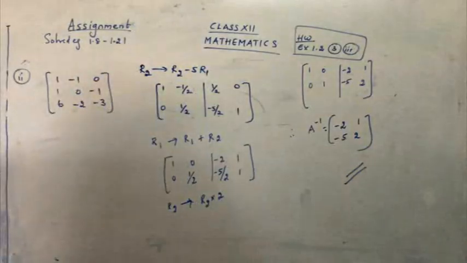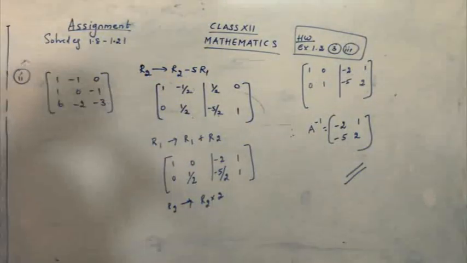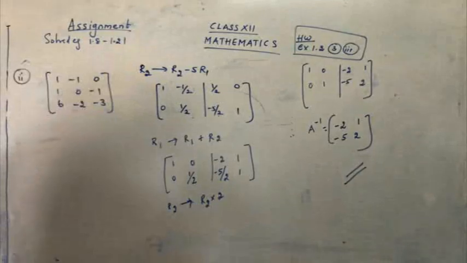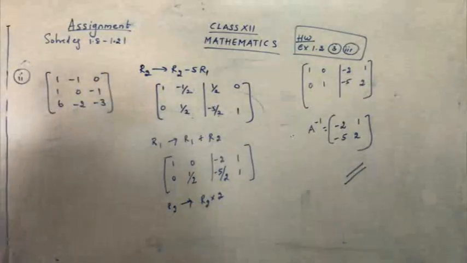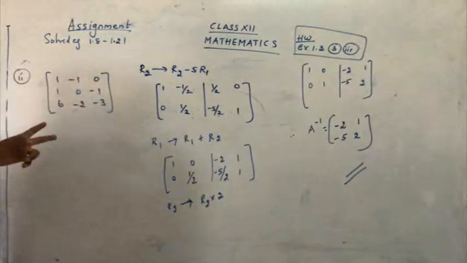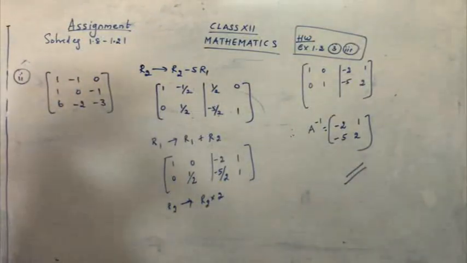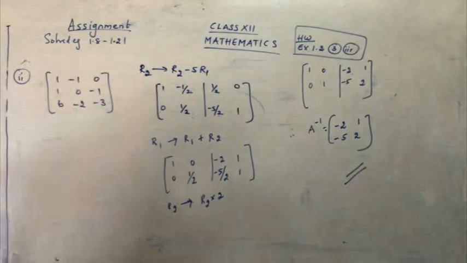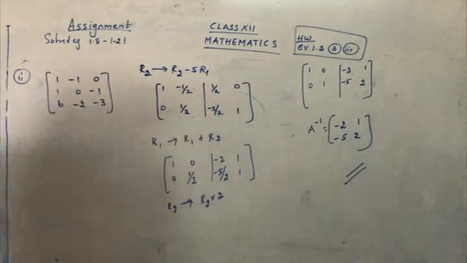Here also the same manner. The previous one was based on a 2 by 2 matrix. Now we have a matrix which is of the order 3 by 3. So we have to just follow the same steps. Only the thing is we have a little more steps over here. Here instead of 1 0 0 1, we have an identity matrix of 3 by 3 order. So just follow our sum.